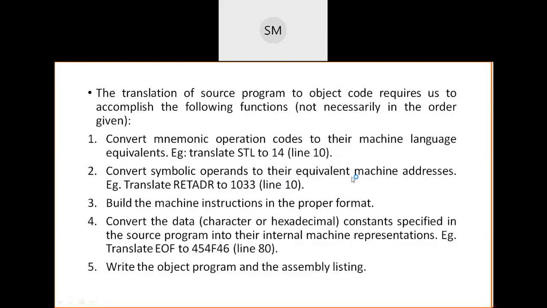So how we are defining in that program only, we divide that program into two parts, one logical part and second the bottom part, usually we call it the storage defining part. In the storage defining part, if you observe in that program, each and every operand, each and every variable that you are going to use in your program, we have defined in the first column only. Here we are going to convert these symbolic operands to their equivalent machine addresses.